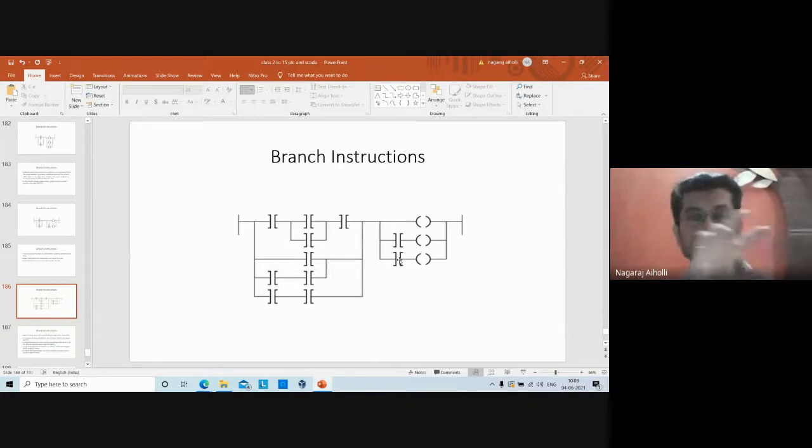You are using logical AND gate, logical OR gate. You studied in your digital electronics subject in your first year level. Correct? Where you have studied the different gates, AND gate, OR gate. So it is similar to that. AND function and OR function are similar to your AND gate and the OR gate.